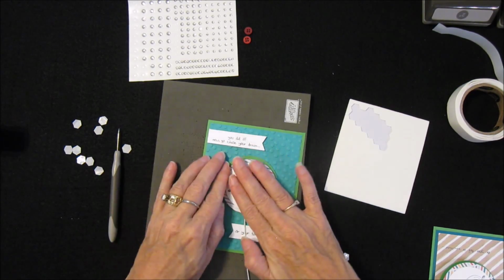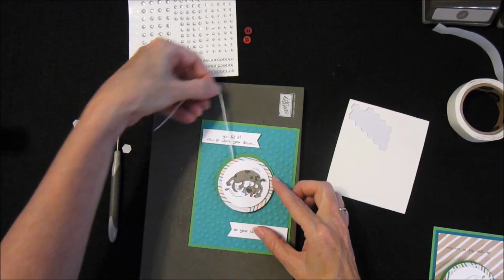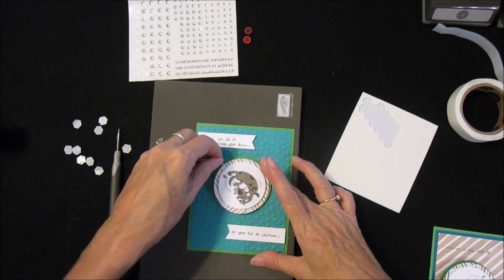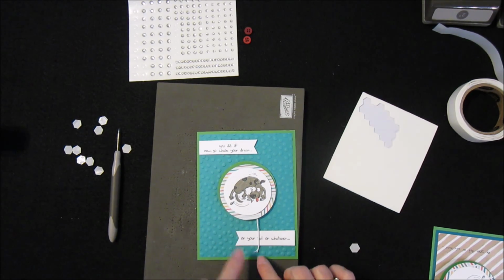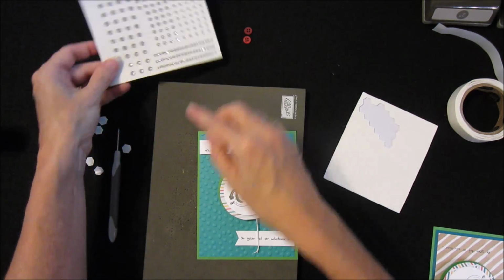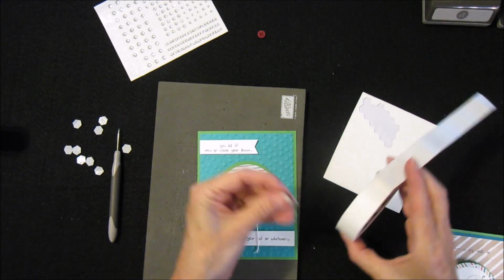Place it down. And then wrap it two, three, four, however many times you decide you want to wrap it. And then you'll trim your tail. Now, I like the length my tail is right now. And so you can either take two rhinestones, or you can take a little button,